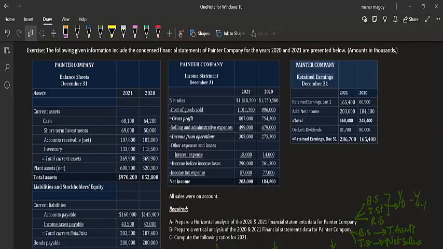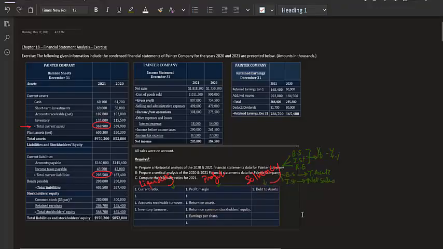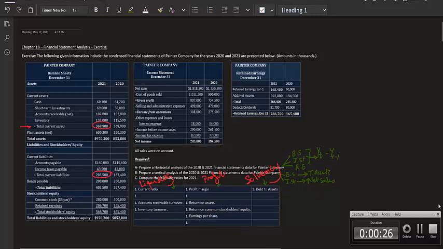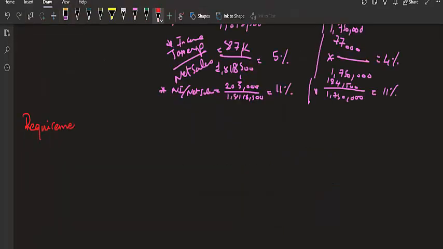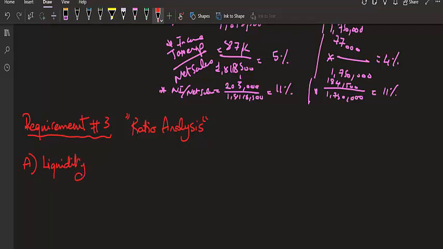Here in this example, we are going to measure the liquidity ratios: the current ratio, the accounts receivable turnover, and inventory turnover. So let's start answering each one of them one by one and understand the meaning of each of these ratios. Number 3, we're going to make ratio analysis. So if you are asked to perform liquidity analysis for liquidity ratios,